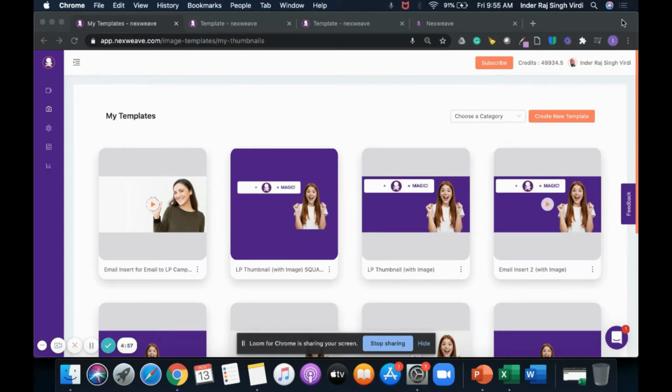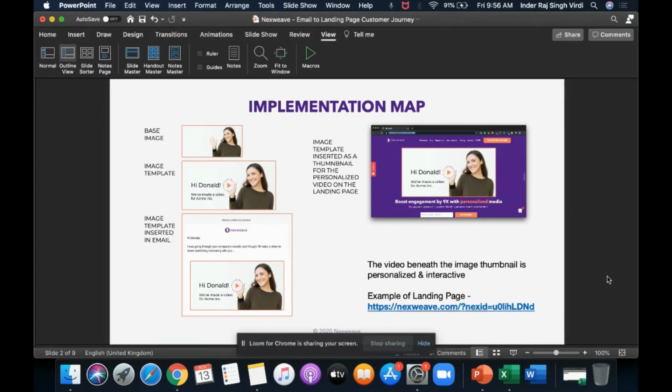Hello everyone. Today we're going to show you how you can run an email campaign using NextWeave's personalized images and personalized video. To give you a better idea, this is what we are going to be achieving in this particular